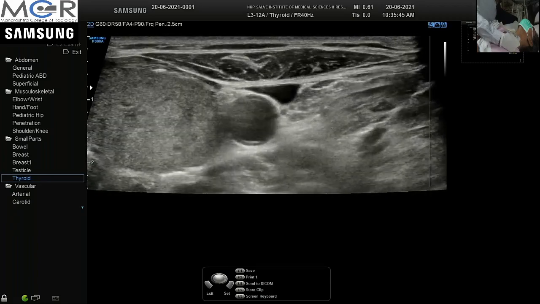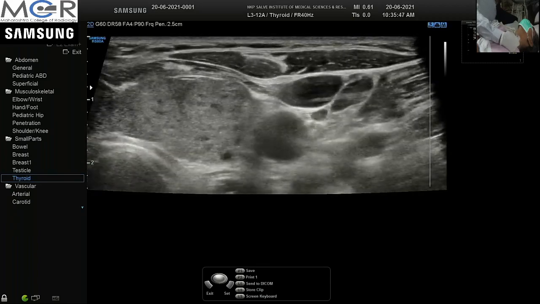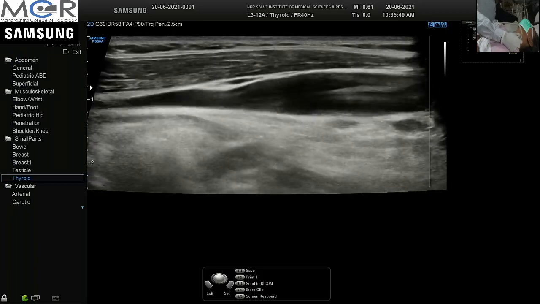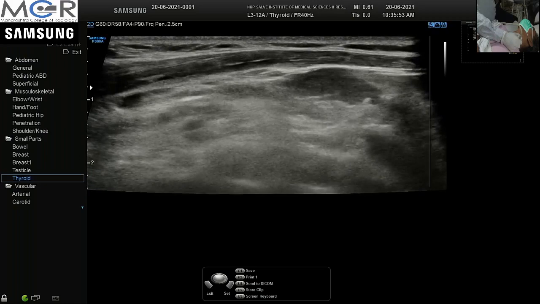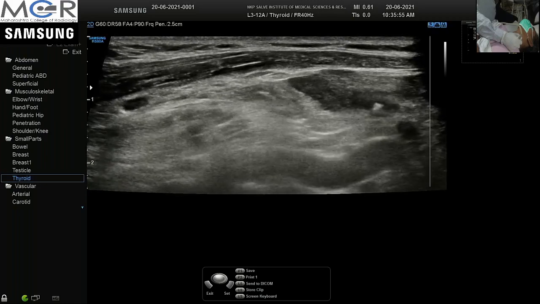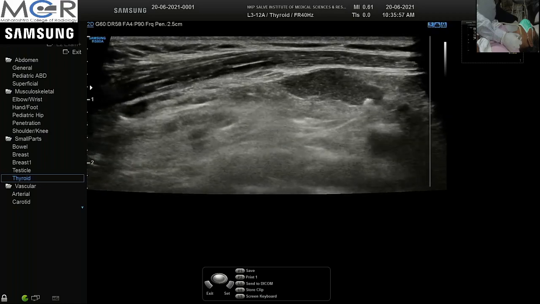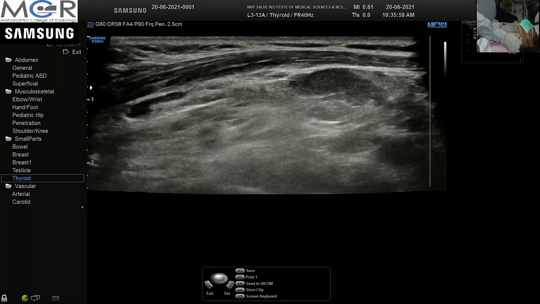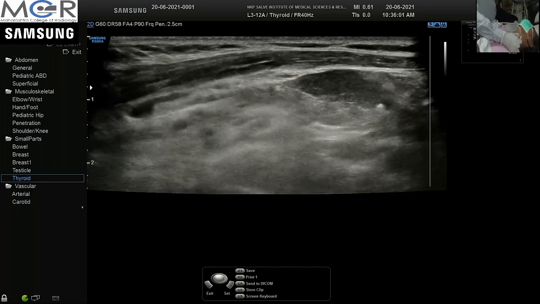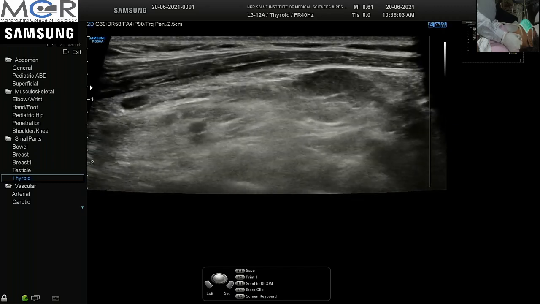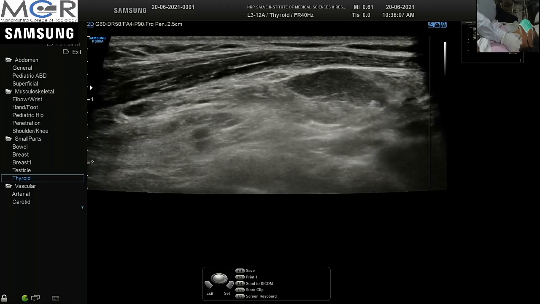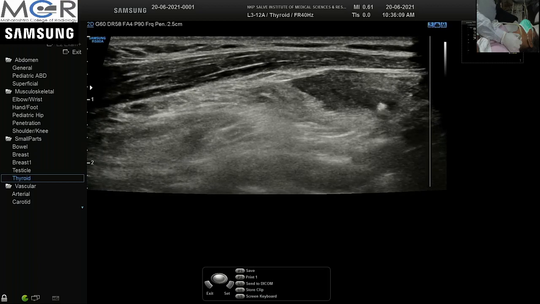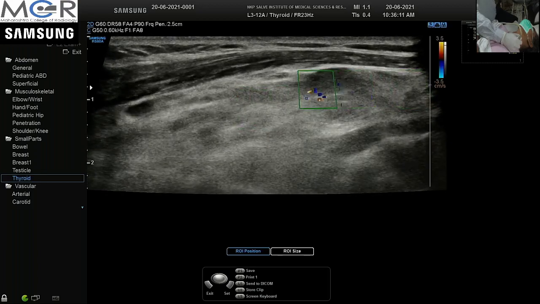The lymph node apparently is not showing the echogenic hilum, though it has maintained its shape. The shape is what you can say ovoid. There is a dense calcific focus at the lower portion. There are no apparent areas of liquefaction or necrosis. The margins of the node are quite well defined. So all ultrasound features except for loss of hilum indicate that it's a benign lesion.